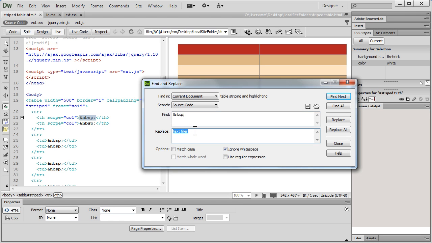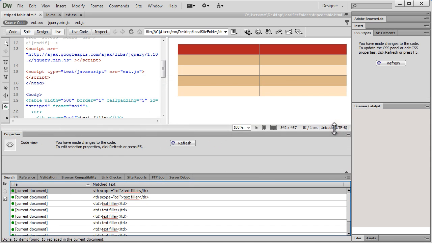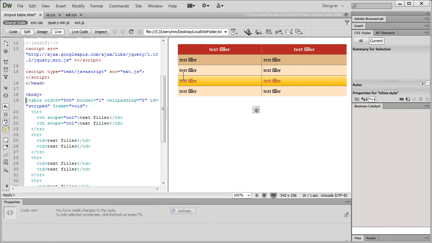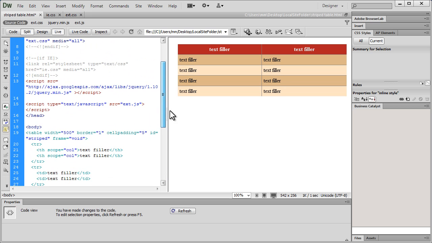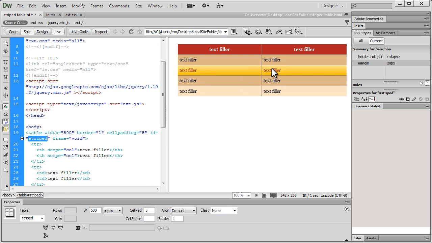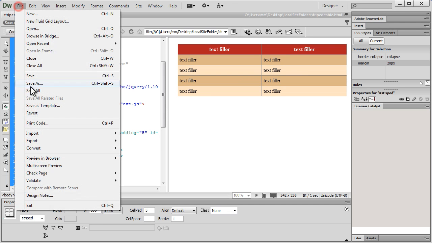Let's say text filler, and I'm going to say replace all, and then yep, it's actually happened now, as you can very clearly see. Now I can actually close it. Yep, so just have some text going inside your table. So the table has been generated in no time, and the moment the ID striped has been applied, all the colors have actually appeared. Okay, let me say save all,